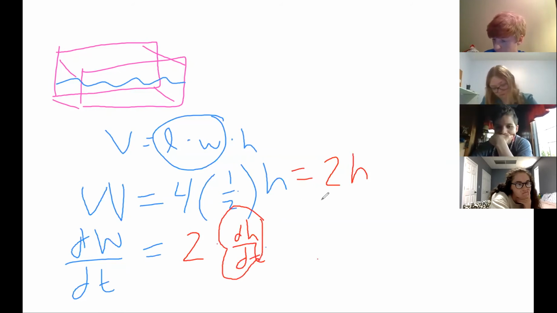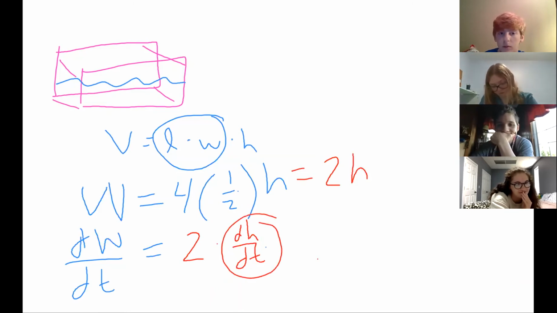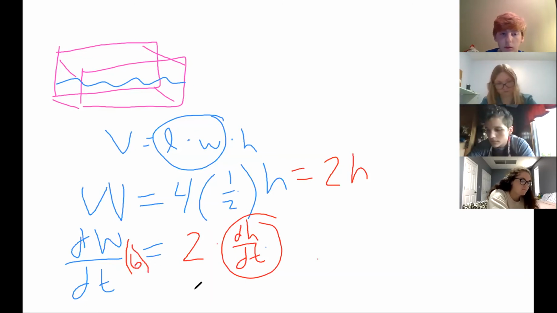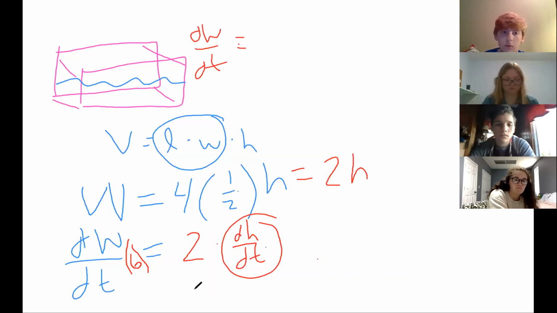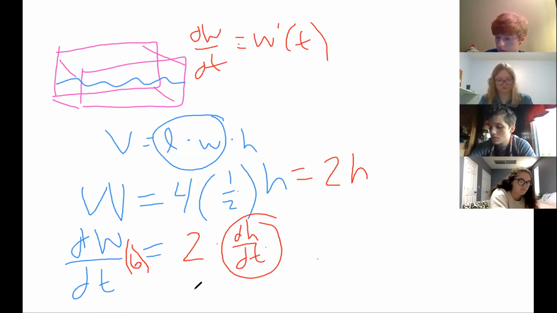And with that, dW dt is going to be the derivative at 6. And from part A, we had already talked about what dW dt is, just equal to W prime of t. Since it's at 6, which version